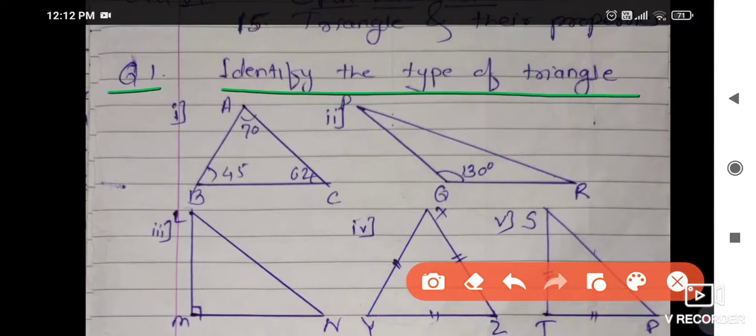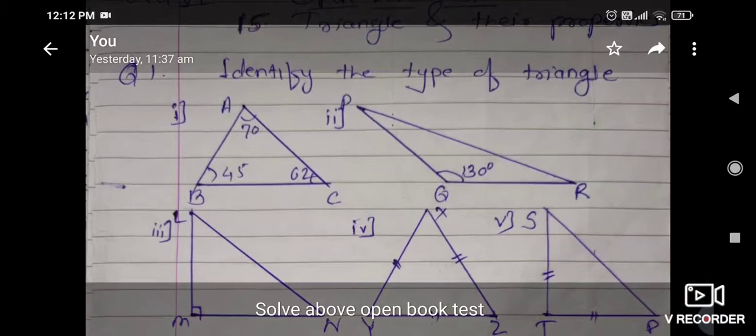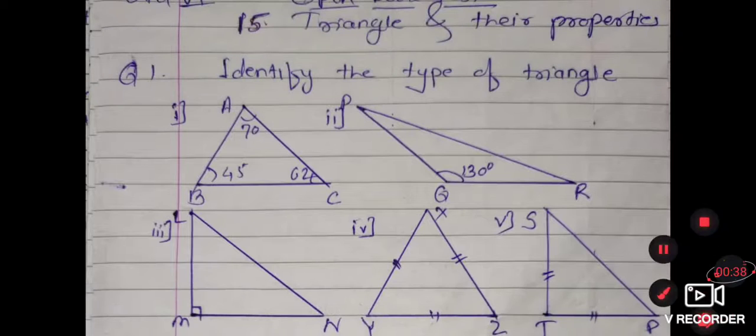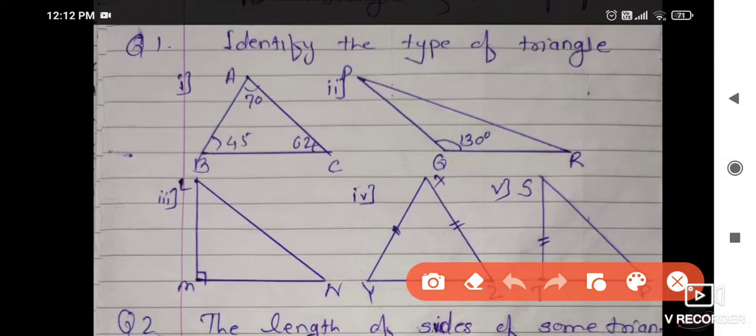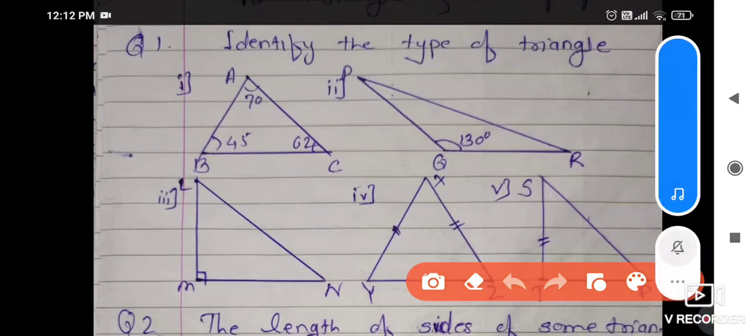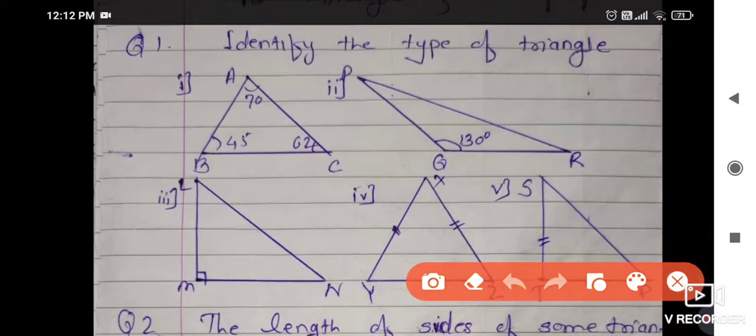So here you know that there are 6 types of triangles. Based on angle, three types are there, and based on sides of a triangle, three types of triangles are there. In that way 6 types of triangles are there. Inside it I told you the angles: if the measure of all angles of a triangle is less than 90 degree, then the given triangle is called an acute angle triangle.